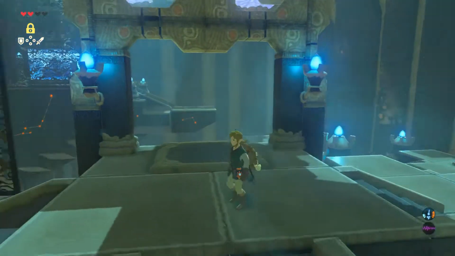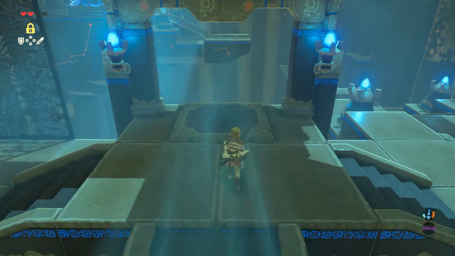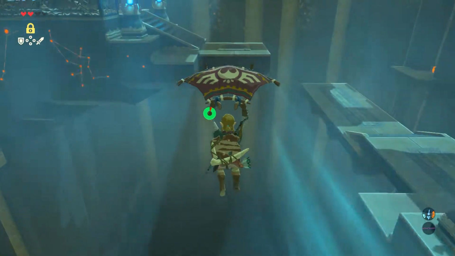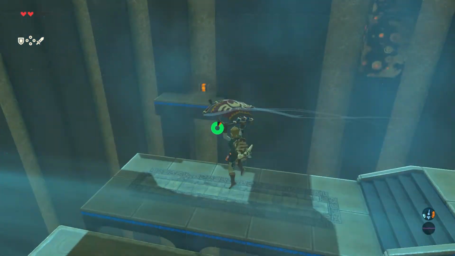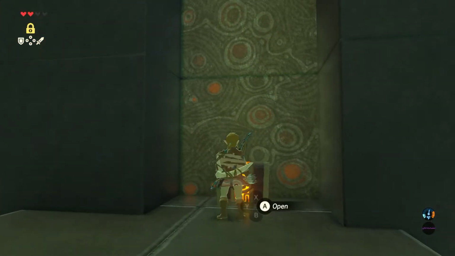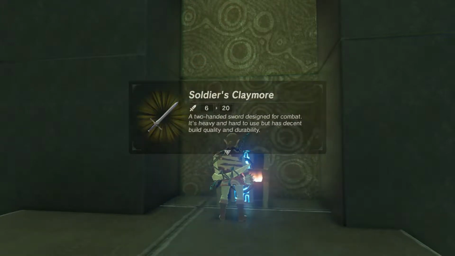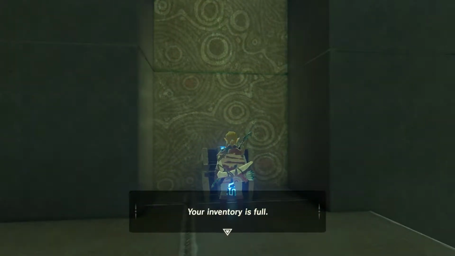So I believe what I have to do is go as far as I can over here and then glide over there from this. That Hudson's trying. That is Hudson. And oh, I made it first try. Look at that. I guess I've played the game enough to get a soldier's claymore,